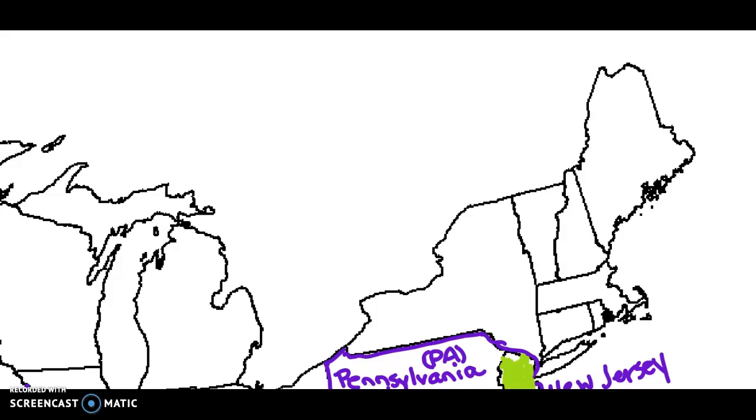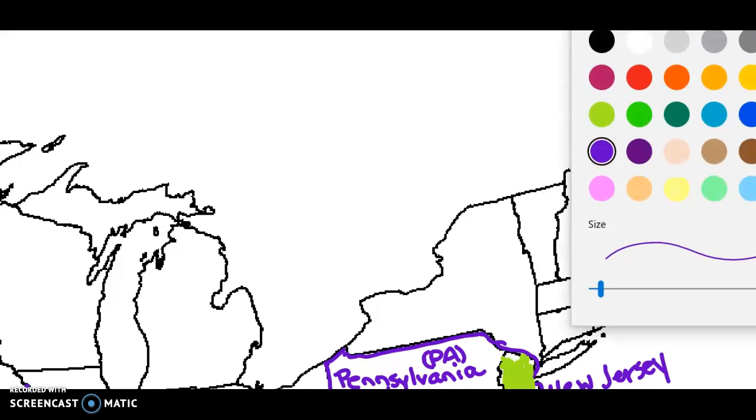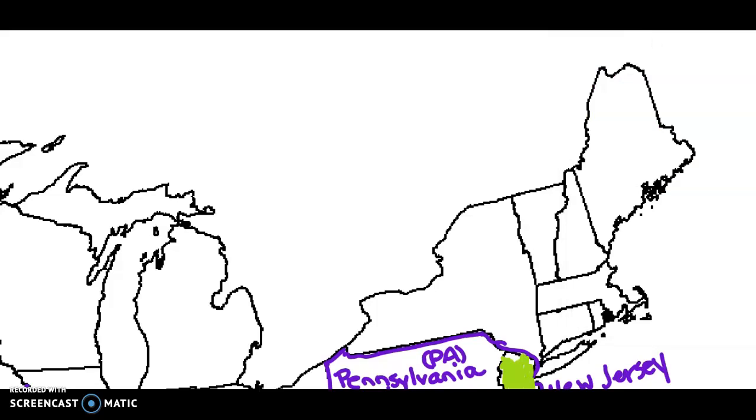Alright, this is the study guide for map test number 3. If you're following along on a blank one, you'll want to write what I am writing. Alright, so first we're going to outline the new states that we have to memorize.